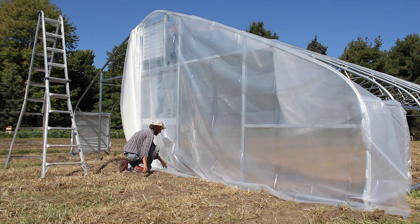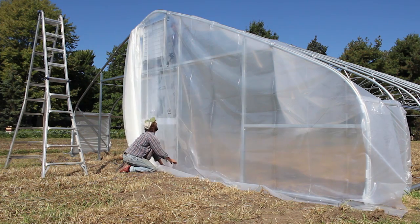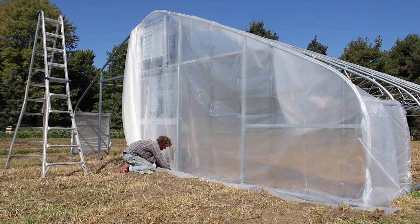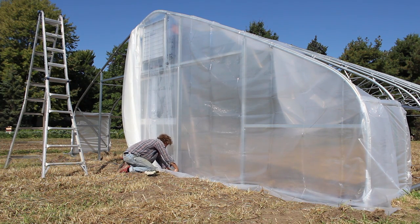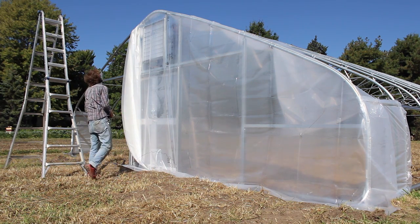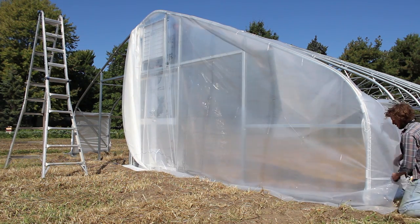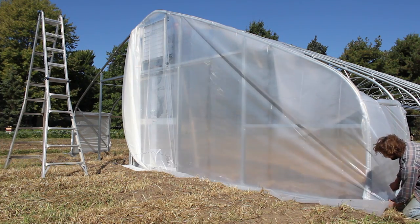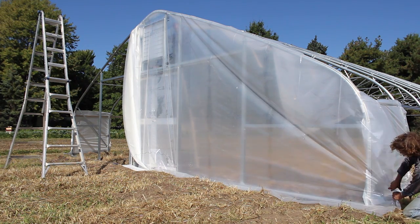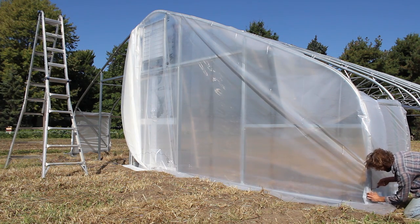Once you've loosely put the plastic over one half of your tunnel as shown here, directly below one of the snap clamps that you've pushed onto the end hoop, you're going to use that as a point of tension. You're going to pull downward on the plastic and put a small 5 to 7 inch piece of wiggle wire on the stud directly beneath that snap clamp. The reason we're doing that is now we have a point of tension. So the whole thing is squared up, and I can now pull from that center point on the plastic out towards the outside of the tunnel, throwing a small, again, 5 to 7 inch piece of wiggle wire into the